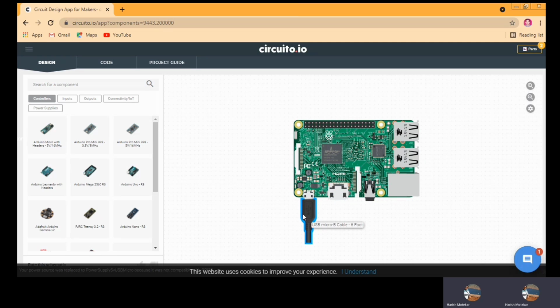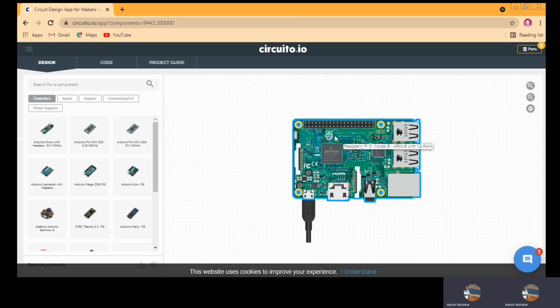Now it is connected with one of the USB pins. This is one of the benefits of this application: once you are using any component, whatever additional things are required with that component, it will automatically provide you. You don't need to bother about additional components, like how many wires we will require.